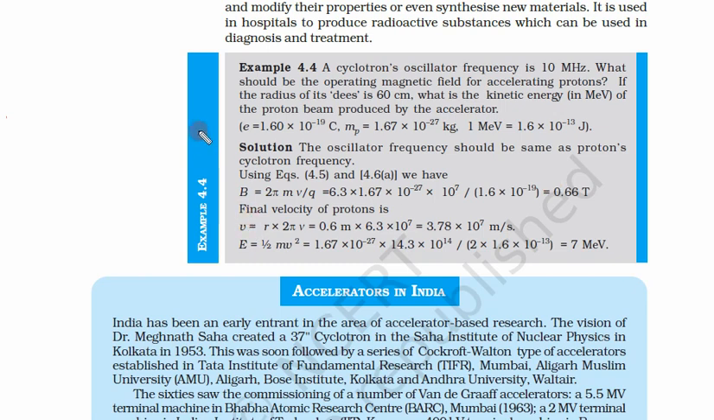Let us solve one numerical example on cyclotron. A cyclotron oscillator frequency is 10 megahertz. We know this oscillator frequency, or applied voltage frequency, is equal to the cyclotron frequency; only then does the cyclotron operate. What should be the operating magnetic field? So what they are asking is, B is equal to what